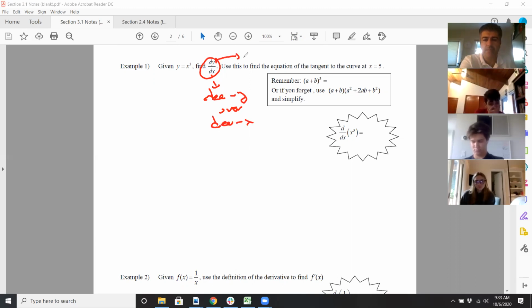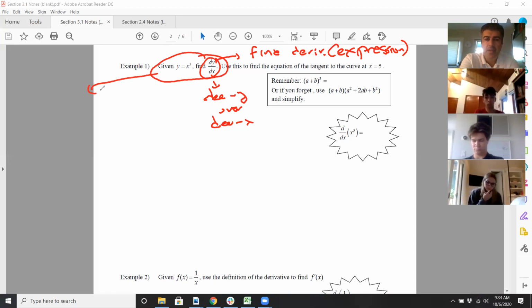That's just the derivative. That's all we're doing. But the answer will be an expression. Then there's a second part where they want to find the equation of the tangent at x equals 5. We'll worry about that later. Let's do this